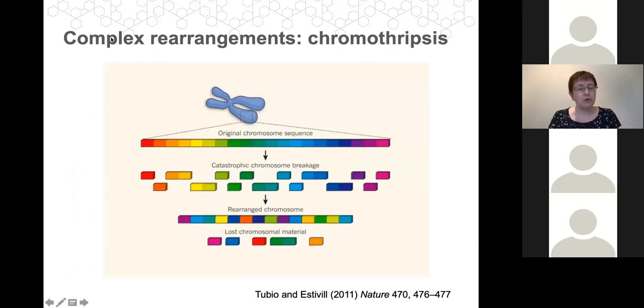So the reason that acrals and mucosals have a very high number of structural rearrangements is due to the presence of complex rearrangements. So this is where you get many rearrangements occurring within a focal region of a chromosome or several chromosomes. And there are a number of different mechanisms that can result in these complex rearrangements. One of these is chromothripsis. So this is where you have an event that causes catastrophic chromosomal breakage. And this chromosome is repaired, but is repaired in a rearranged manner. So you lose chromosomal material, and you can get genes that are in the incorrect order or inverted, etc.